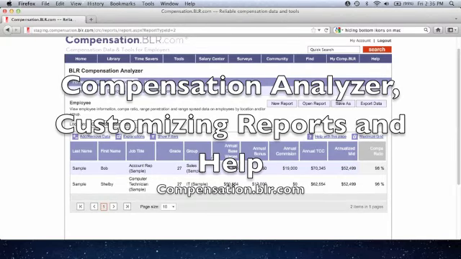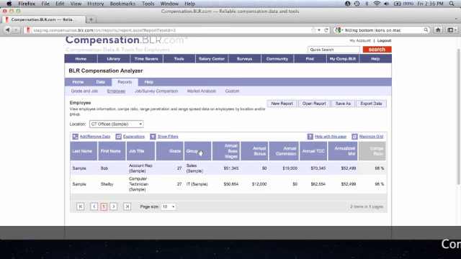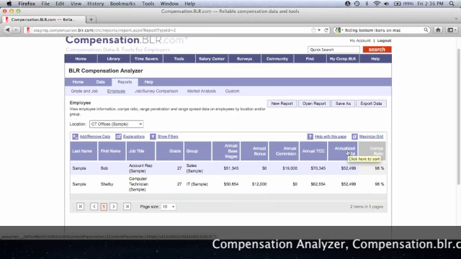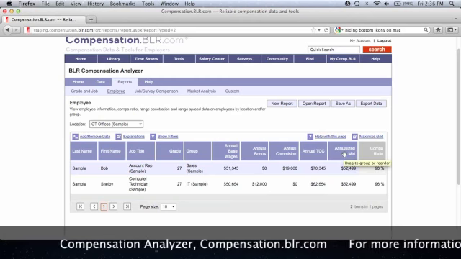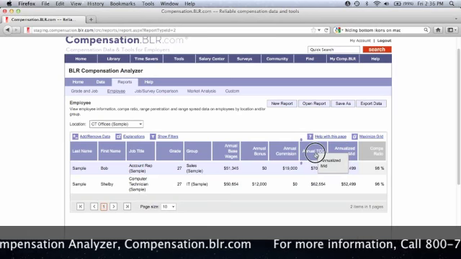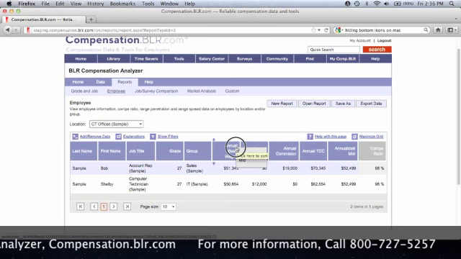Now, these reports are what you get out of the box, but they can be changed pretty easily by the user if the user wants them to. For example, if I wanted this annualized mid to appear next to base wages, I can just take that hand, click on it, and then move it over here,